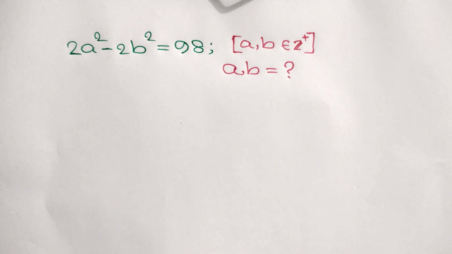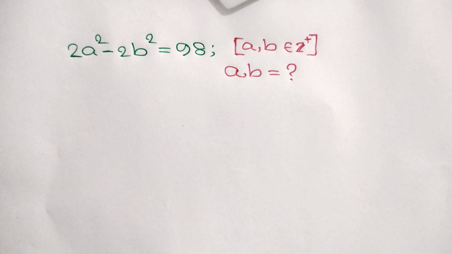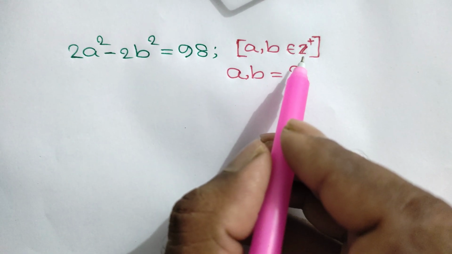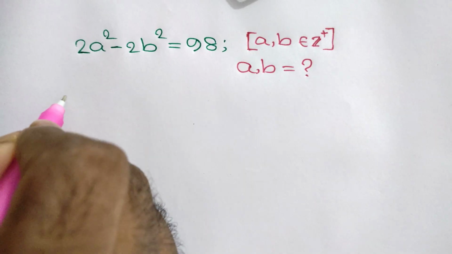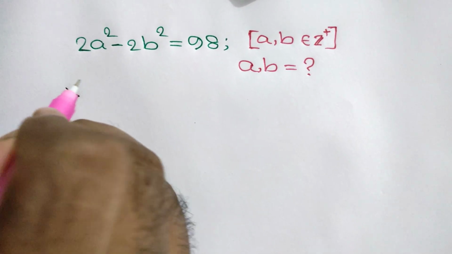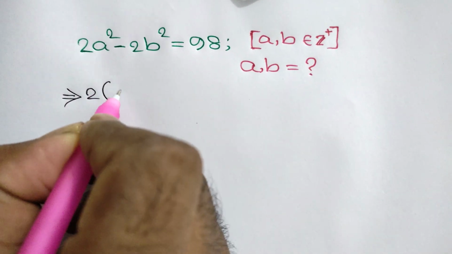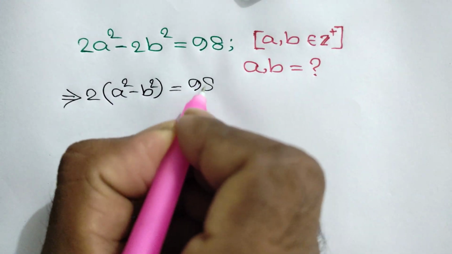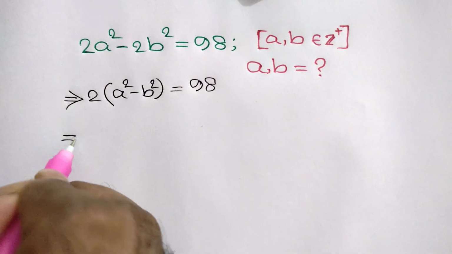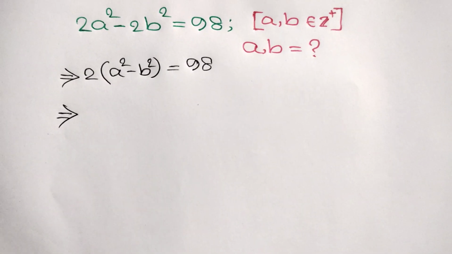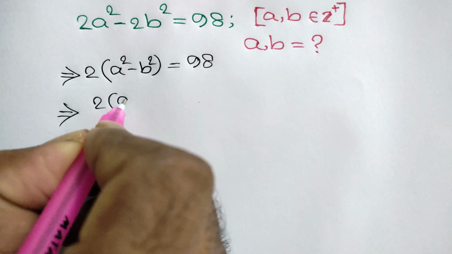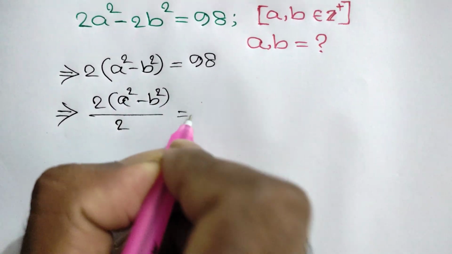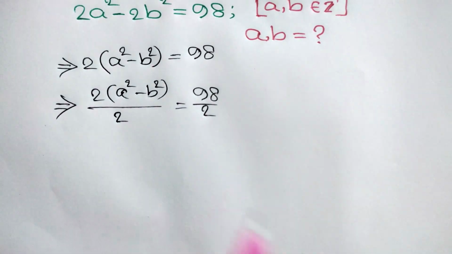Hi everyone, in this video I am going to show how to find the value of a and b where 2a² − 2b² = 98 and a, b are positive integers. Taking 2 common, we will get 2 times (a² − b²) = 98. Now divide both sides by 2: 2 times (a² − b²) all over 2 is equal to 98 over 2,